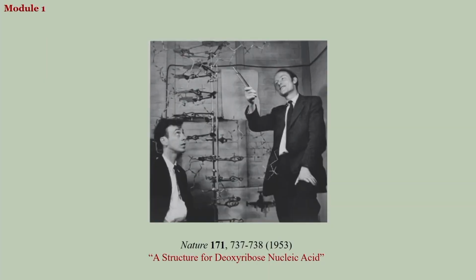I will start with DNA, the nucleic acids. I think many of you can recognize this picture. Who are these people? This is James Watson and this is Francis Crick, and they are showing basically the model of the DNA. This is the first time that people came to know how a DNA looks like, the double helix structure of the DNA, and that came out in this famous Nature paper in 1953. The title was A Structure for Deoxyribose Nucleic Acids.